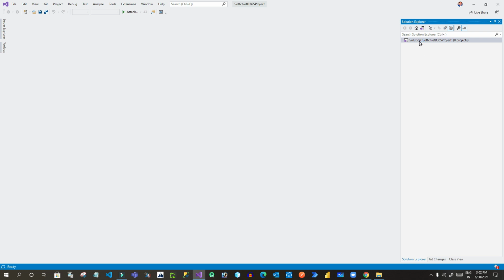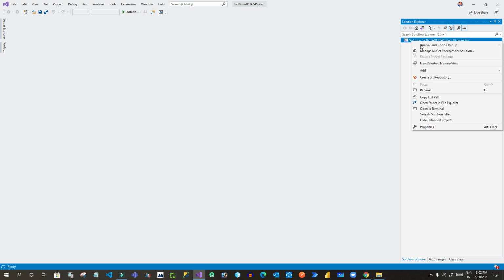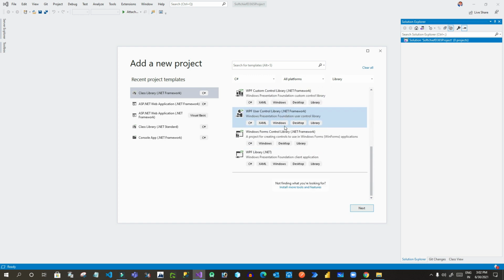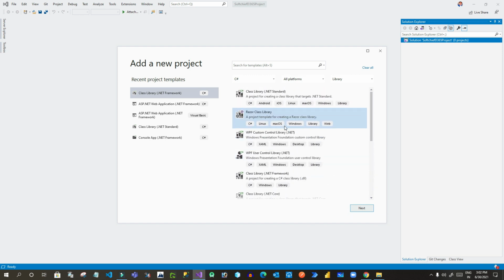Right, so now go ahead, right click on the solution and click on add, click on new project. Once you click on new project, you will find the templates again, and this time I want to add a plugin project to my solution. So plugins are nothing but class libraries, so you have to use library here, search library, and if you go down, also select your language. I am comfortable with C#, so I have used C#.